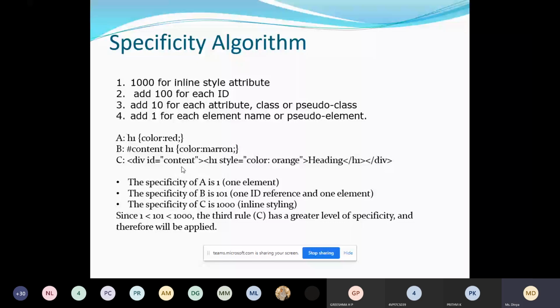Can you give some example? If I go for the image tag, what attribute do we use? Source, src, is equal to, and you write the image URL.